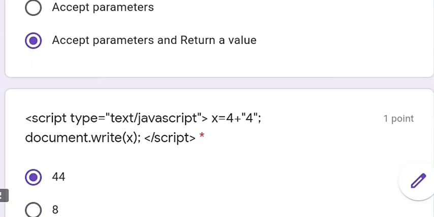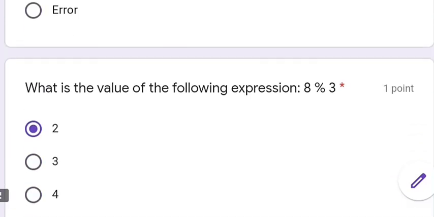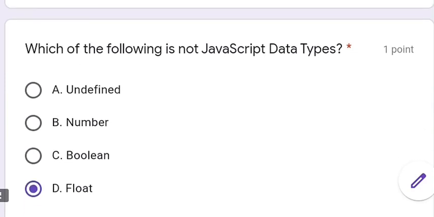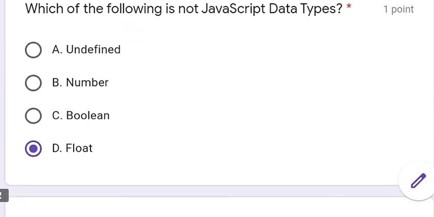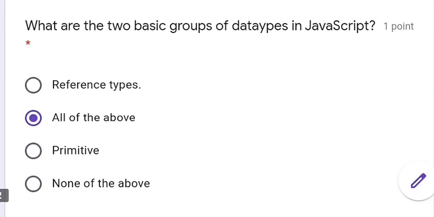Then 44 is the right answer, 2 is the right answer for add mode 3. Float is not a JavaScript data type. What are the two basic groups of data types in JavaScript? The answer is all of the above.